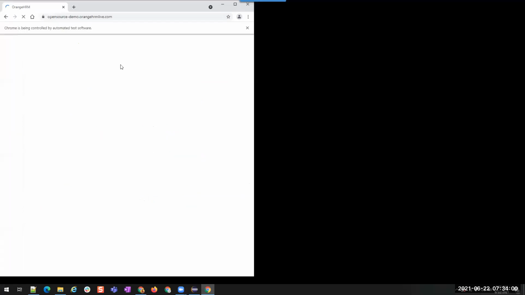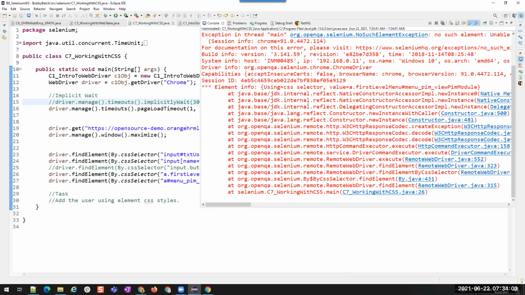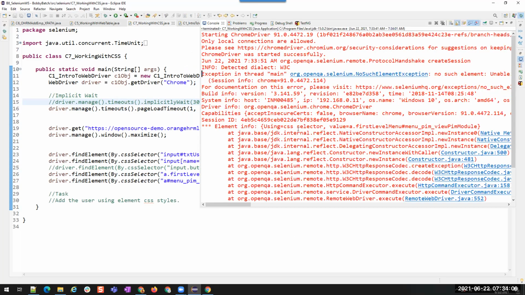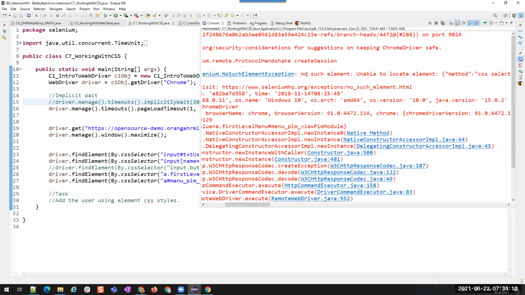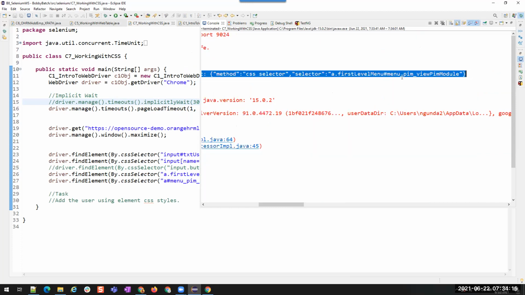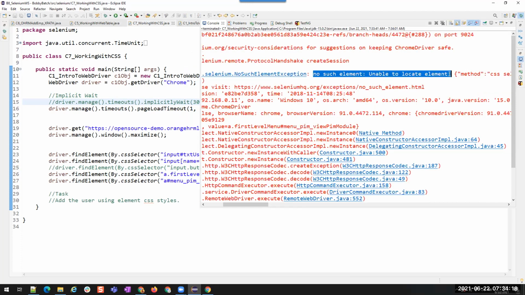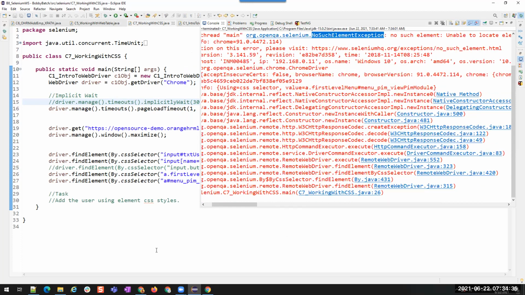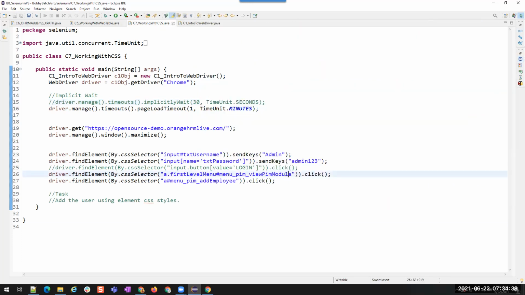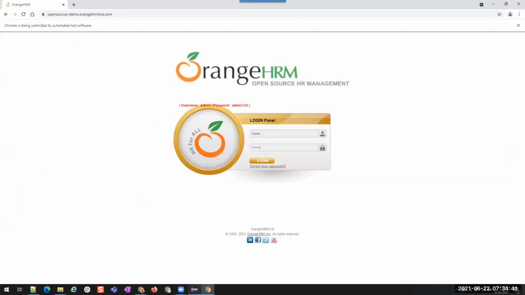Okay. See, did it wait for any time? It just entered the username and password, and then it's throwing that this is not found. You see, unable to locate element, right? You see this exception? The exception name is no such element exception. See it, right? So automatically it will throw an error because this is not found. When I run, it entered username, password, and directly threw the exception.